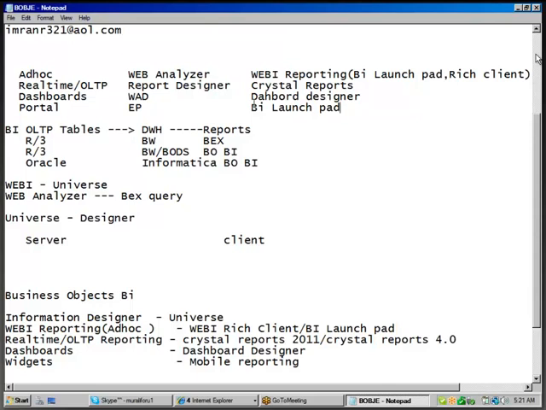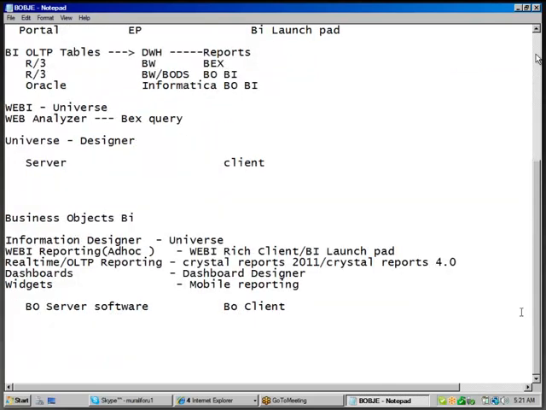That means whatever reports you created, you need to put all of them in the BI Launchpad. The customer will access all your 3 reports from BI Launchpad. The one access for the customer is only BI Launchpad. Okay, that is the way it happens in real time. Okay, that's good. Then how to create an ad hoc report, step number 1.